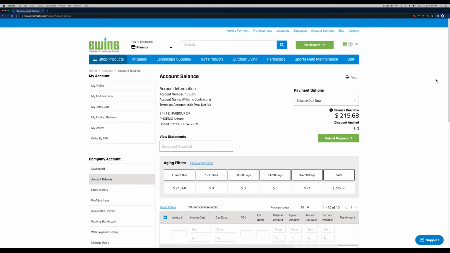Here you will find some information on your account, including your account number, credit terms, and the balance due now. The drop-down menu above your balance due will display 3 options for selecting the amount that you would like to pay. You can pay the balance due now, pay the total of invoices selected in your list of invoices down below, or you can choose to enter a specified payment amount. If you choose to pay a specified amount, the amount you pay will be applied to the oldest open invoices